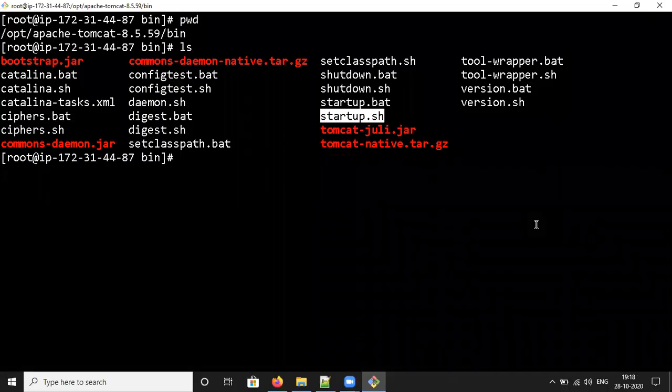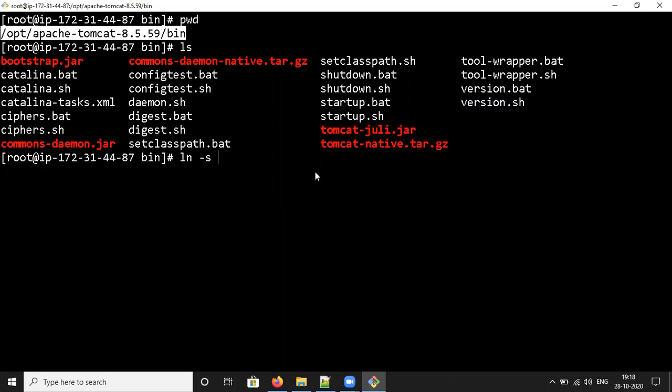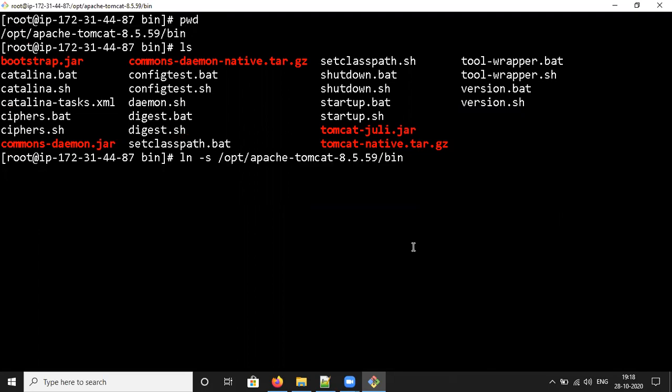Here I want to create the soft link for starting and stopping Tomcat. For that you need to use ln -s, take the present directory, paste it, slash startup.sh, space /usr/bin/startTomcat. I'm giving the name as startTomcat.